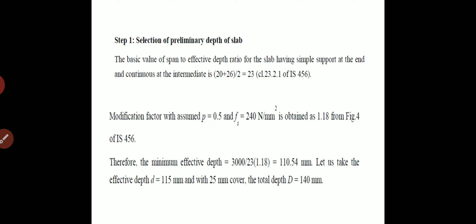The basic value of span to effective depth ratio for the slab having simple support at the end and continuous at the intermediate is here (20 plus 26) divided by 2, equal to 23. This formula is in clause 23 of Indian Standard 456/2000, and